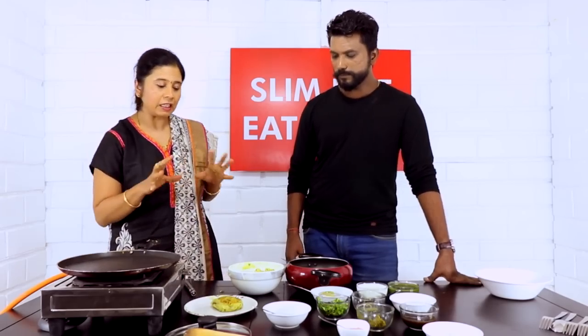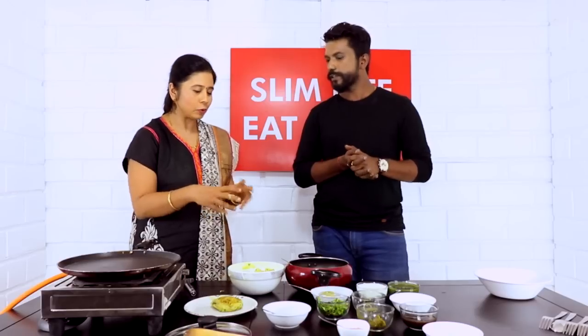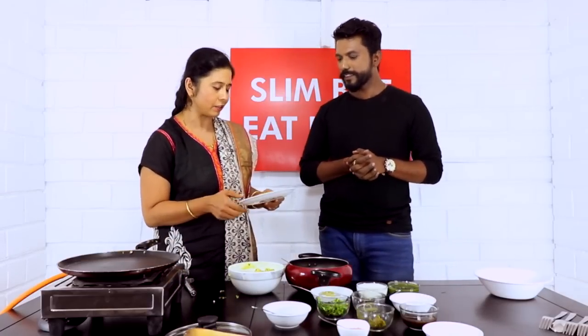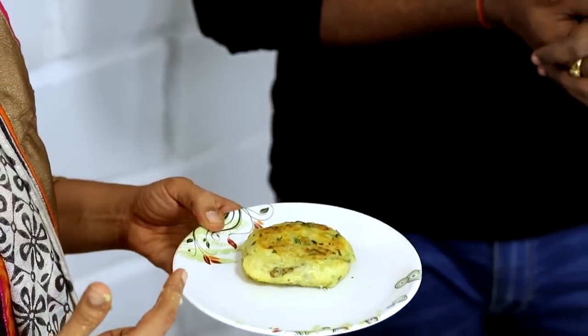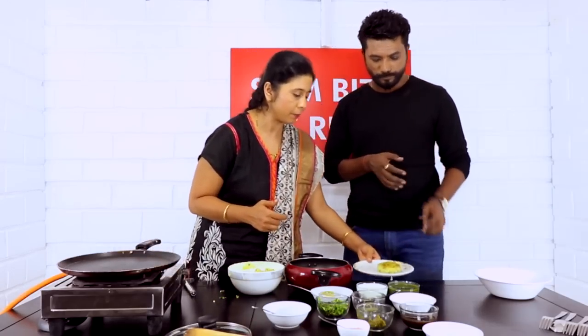Children don't like garnishes and all. You will find them not liking the green color and all. So we've tried to mask whatever we want to do in the batter itself. So we won't garnish it, because generally the recipes go with garnishing. So this one recipe can go in the tiffin because it is a complete recipe. Suppose you want to make it more interesting, what I would like to do is